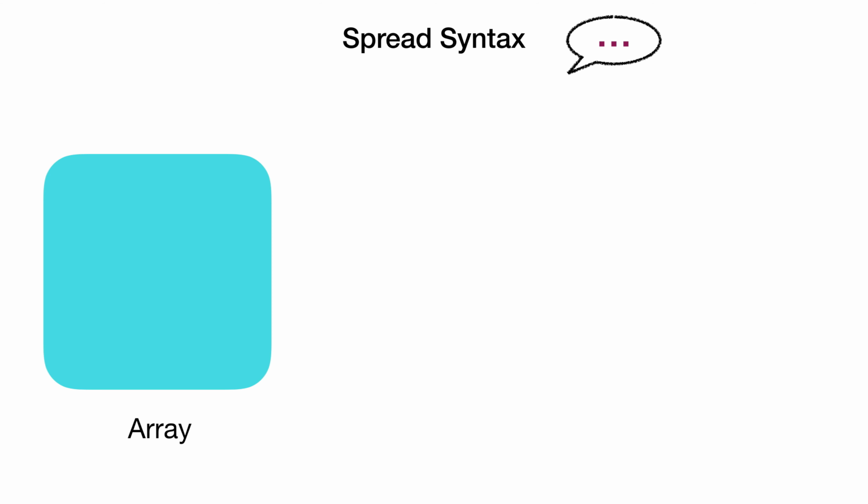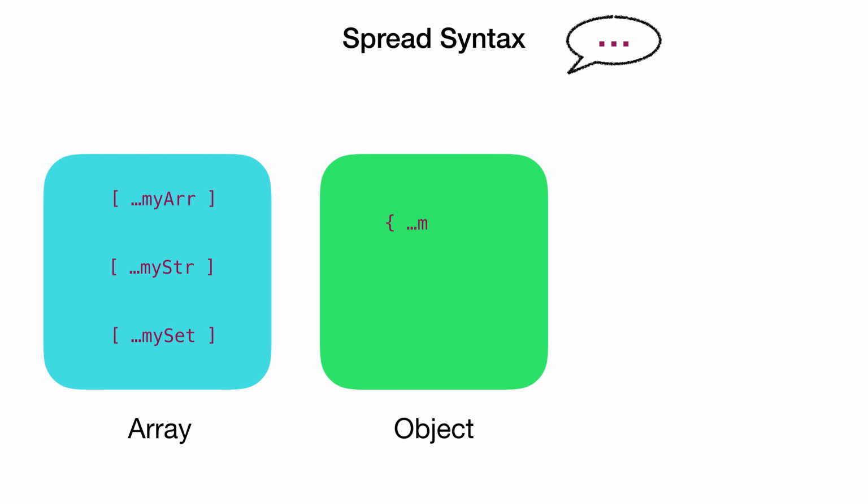Let's now look at the syntax. The three dots in front of an iterable represents the spread element in JavaScript. The way it is used with array literals is by putting three dots in front of an array, string, or a set, and spreading it inside an array literal expands all the elements inside them. Since JavaScript spread element also expands JavaScript objects, this is how any object could be spread at places that expect key-value pairs. Now map also contains key-value pairs, so applying spread operator in front of a map object also expands and opens up its entries.